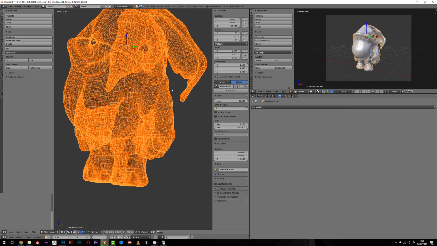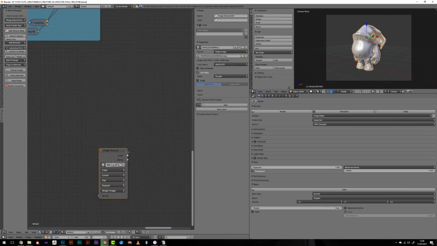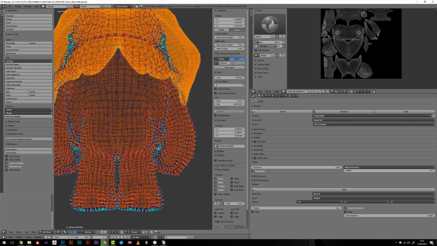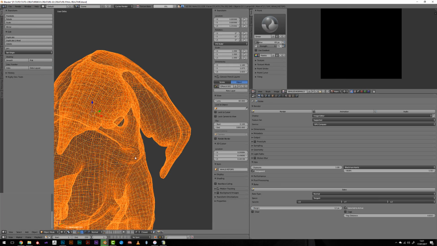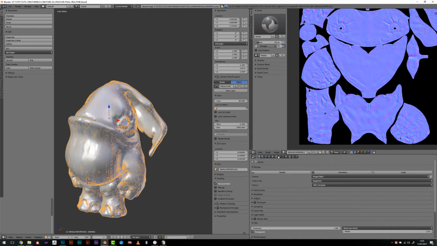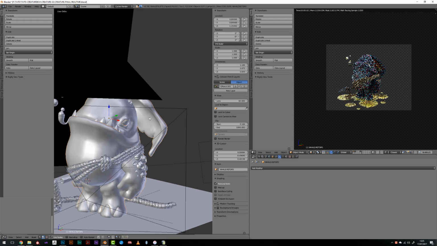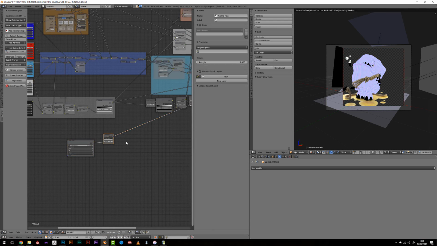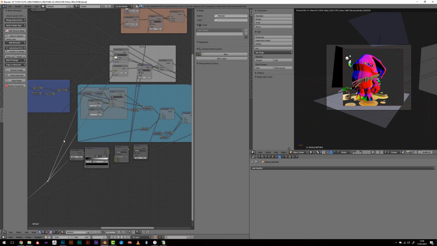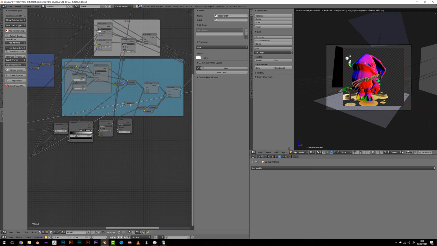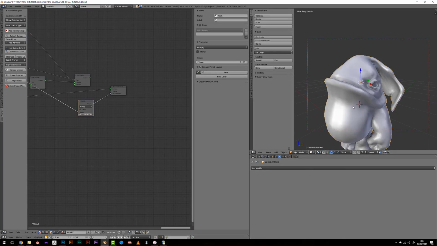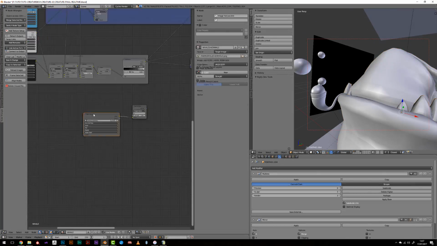Once I was happy with my Cycles rendering, I've just duplicated my mesh and applied the first level on multi-resolution to have a base mesh with a slightly increased number of faces, of vertices, because the base mesh was really simple. Once done, I've baked the normal, sourcing the former mesh, which had the multi-resolution, on the new one.